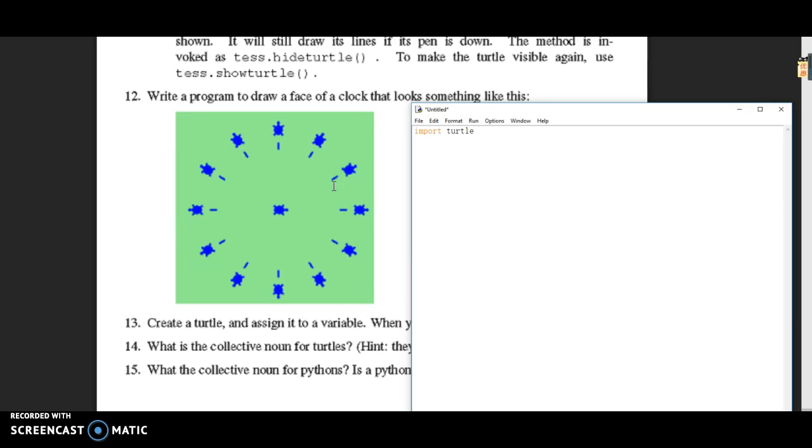To let Python allow us to use the Turtle module, and then we will create a playground for the turtle, which is n equals turtle.Screen(). And next we will create a turtle, and we will assign it to t equals